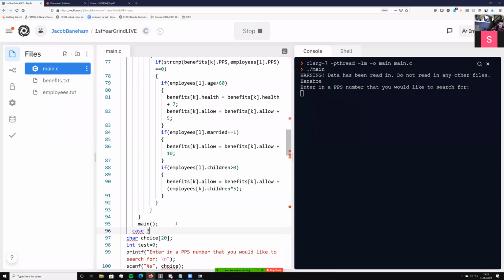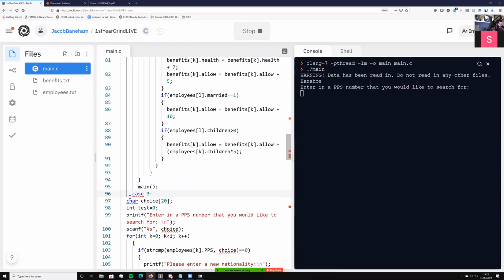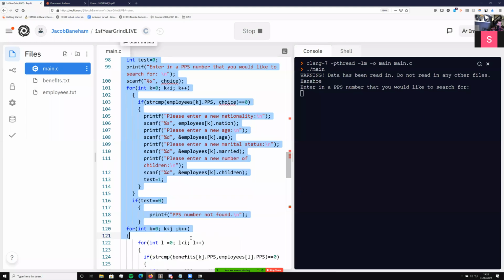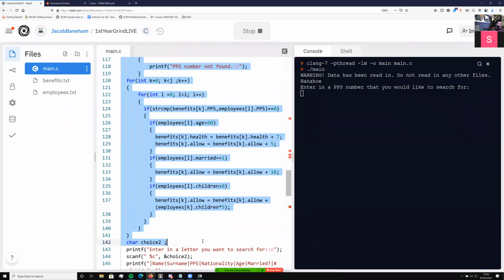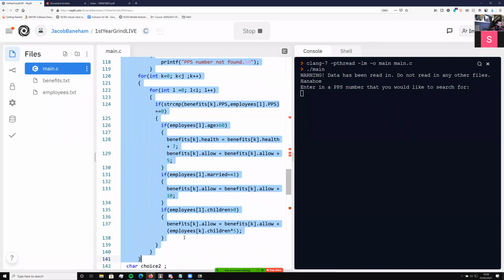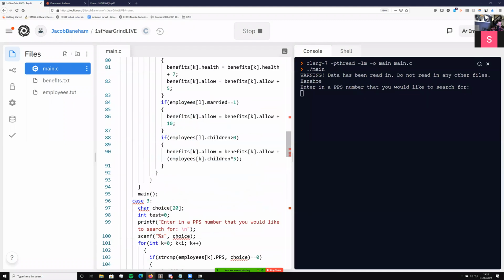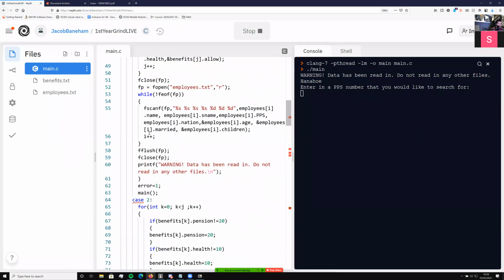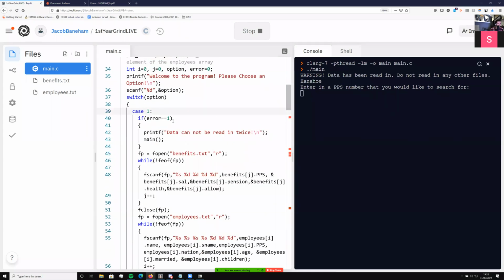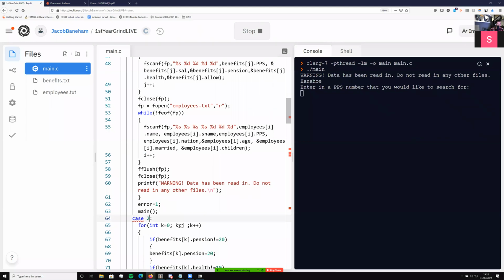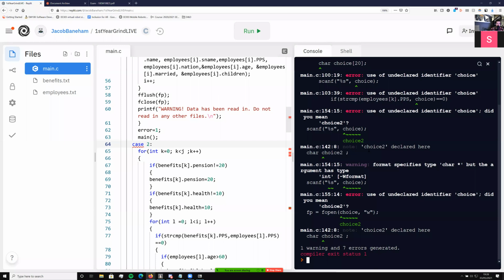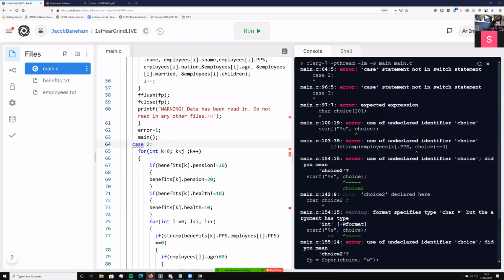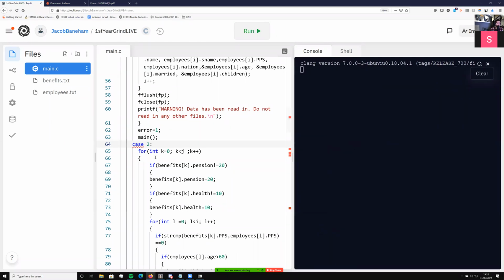Case 3. Inside of case 3, we're just gonna have all of this. Can anyone tell me why it's giving me errors in each of my cases? Can you see that? I know there's a lot of errors, but I'm just going to check to see case statement not within the switch statement. Oh,